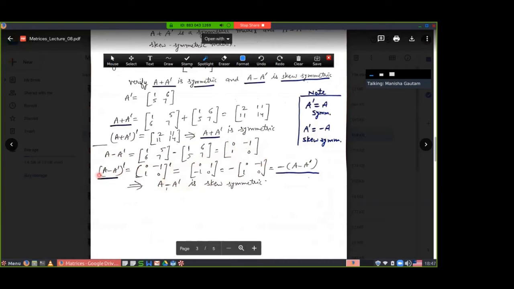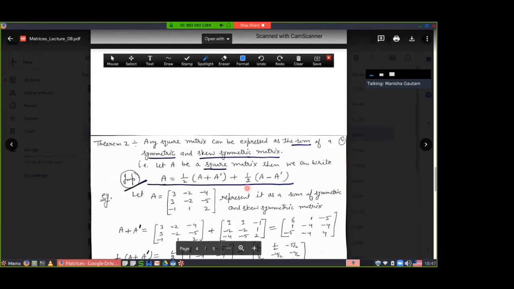Check it. A minus A transpose, whole transpose comes out equal to what? 0 minus 1 becomes a column here, 1 0 comes as a column here. Now this and this both differ only by a minus sign. Take the minus sign common from the A minus A transpose whole transpose. You are getting minus sign common, then change the signs of the elements. You will get 0, minus 1, 1, 0. This is the A matrix, but the minus sign is there. It means what? Minus of the previous matrix. It means A minus A transpose is a skew symmetric matrix.